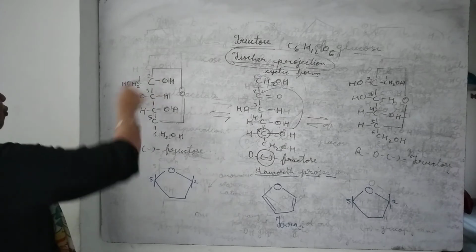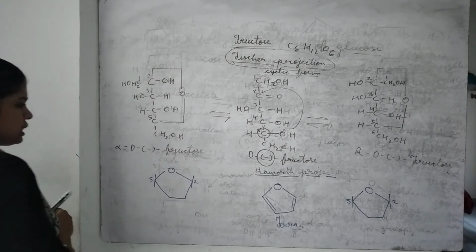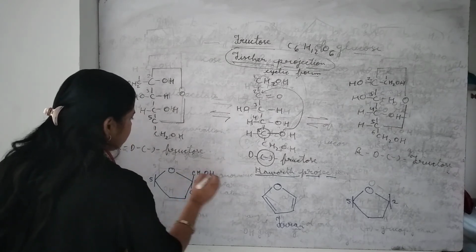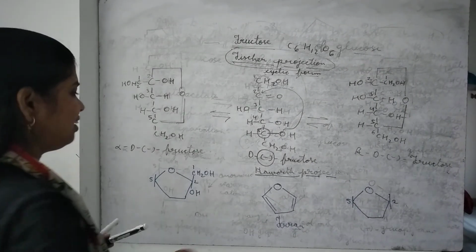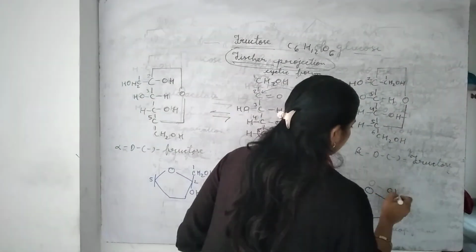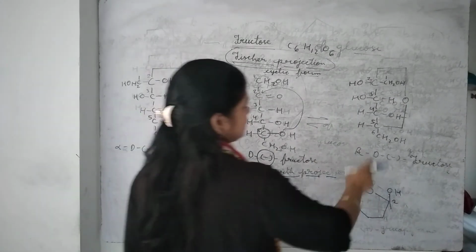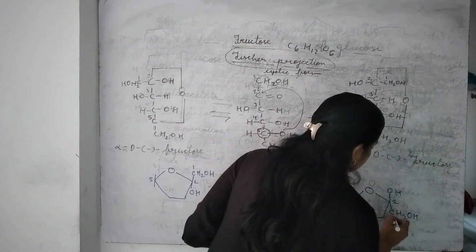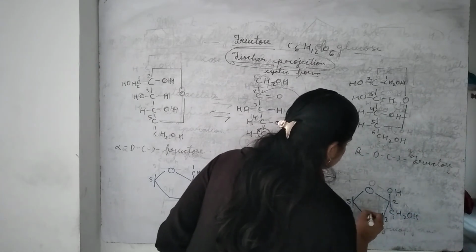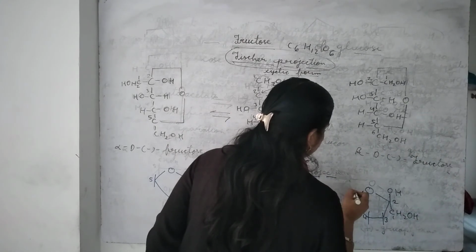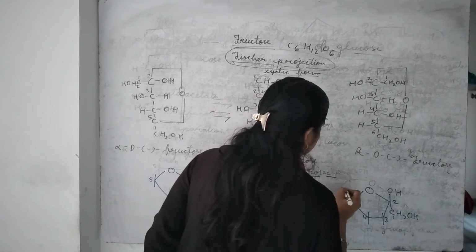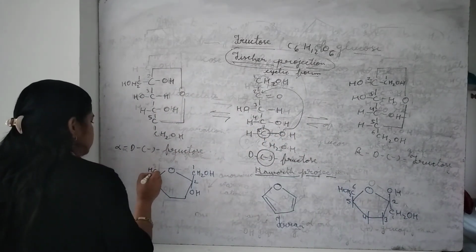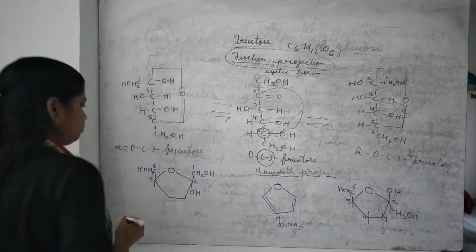Now in the alpha form of fructose, OH is on the right hand side, so OH will be downward, and here there will be the first carbon atom with the primary alcohol group. There it will be reversed. OH is upward because it represents OH on the left hand side, and CH2OH, the first carbon atom, will be downward. This is third, fourth and fifth. The sixth one is CH2OH, the sixth carbon atom, and here also this is the sixth carbon atom.